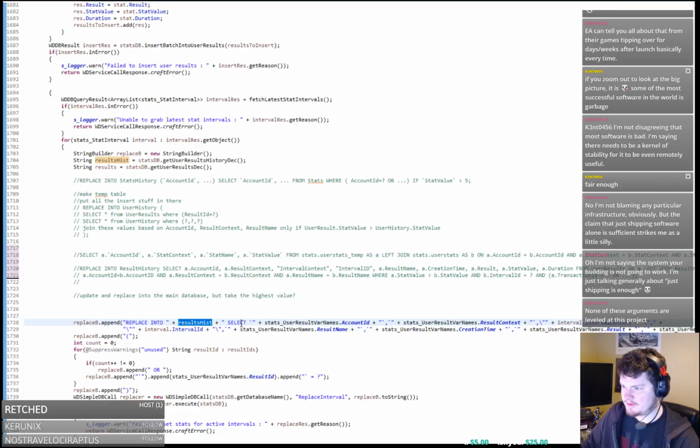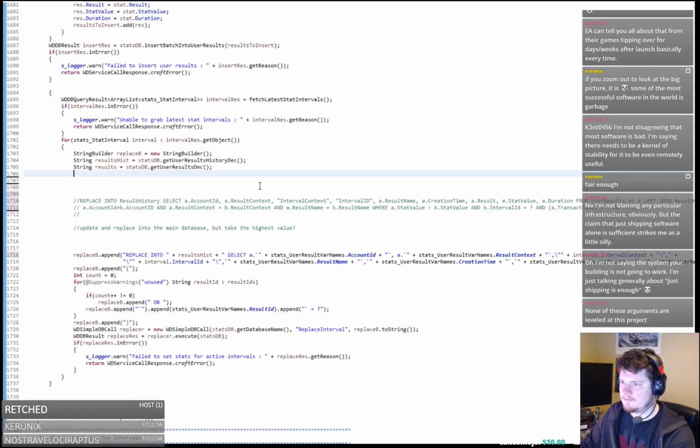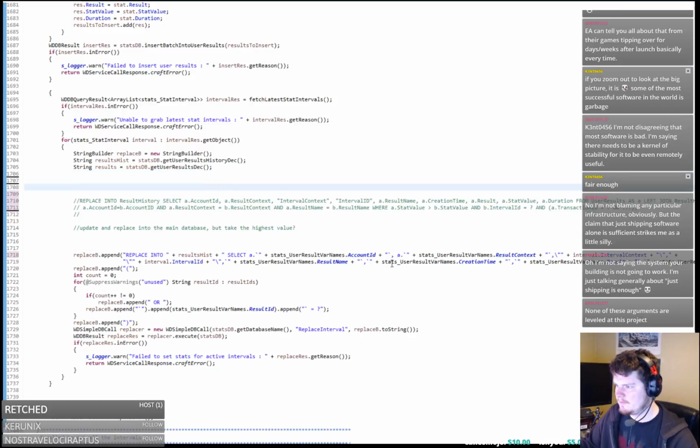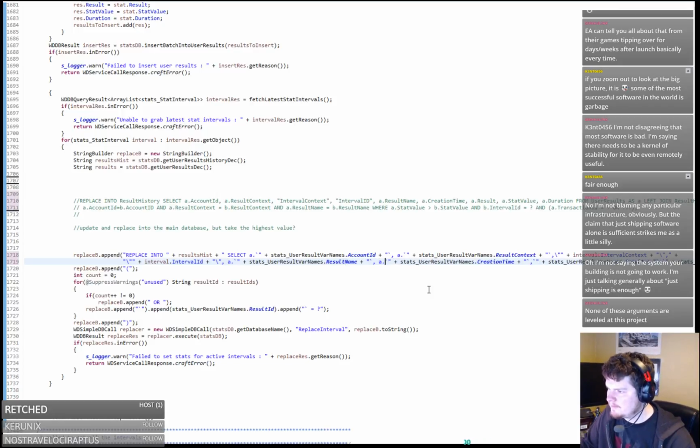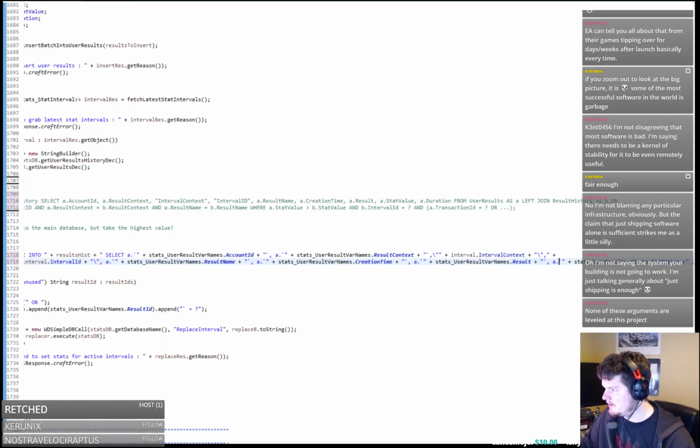So replace into results history, select A dot account ID, A dot result context, so interval context, then interval ID, and then A dot result name, A dot creation time, A dot result, A dot stat value, A dot duration,